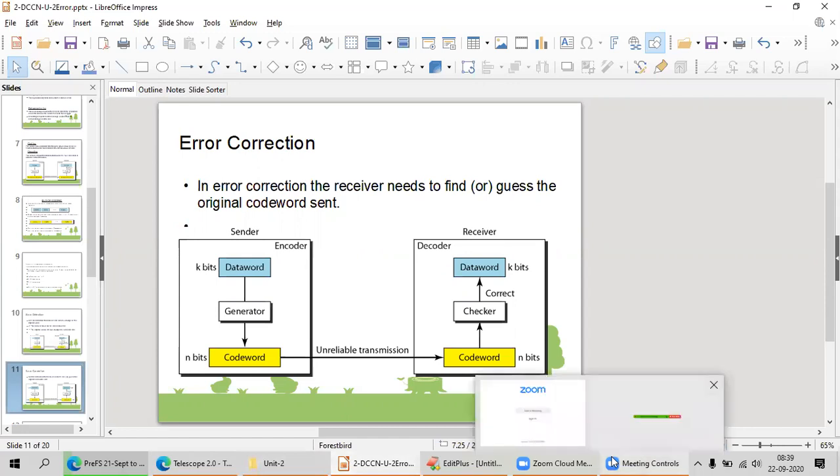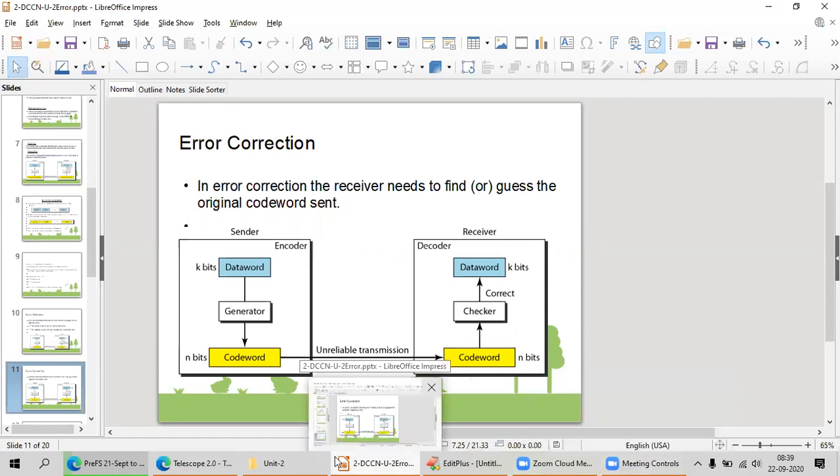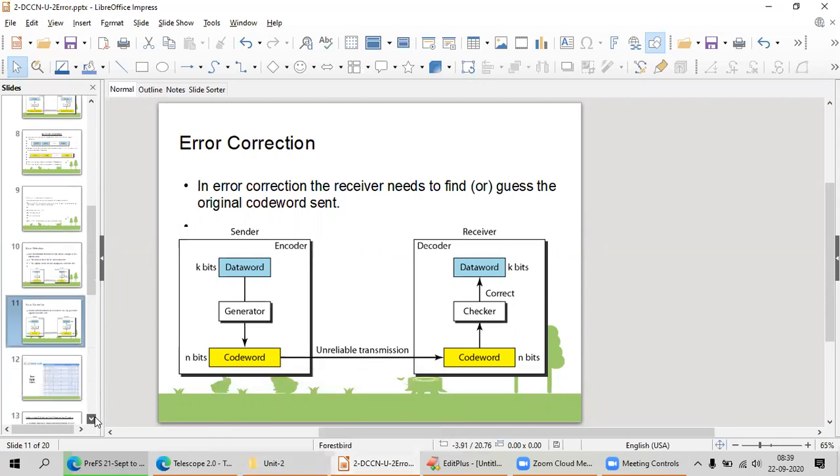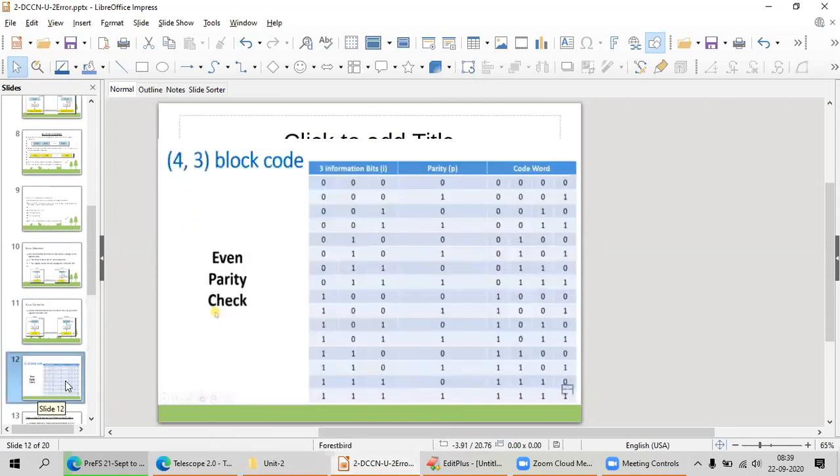At the receiver end, he has to guess the original code word with the help of the corrupted code word. In block code technology, I guess the original code word with the help of what has been sent and what I already have.